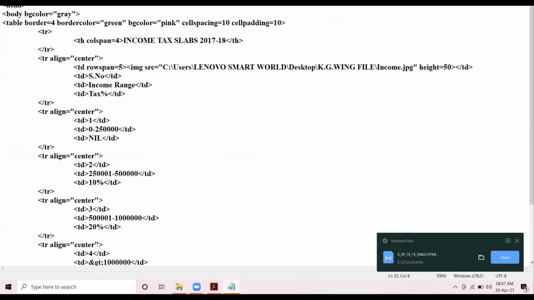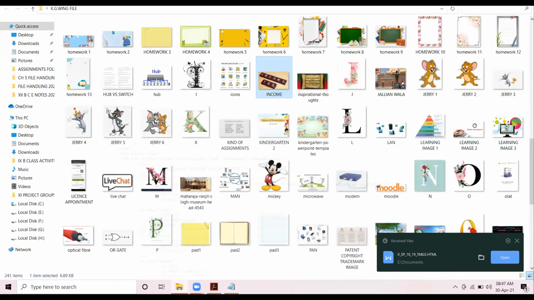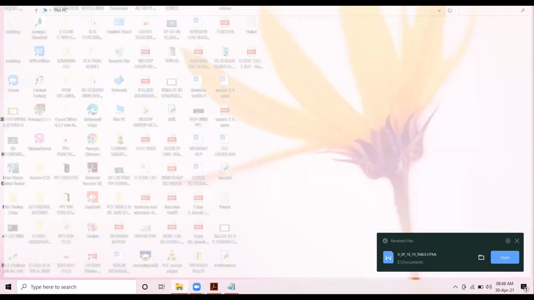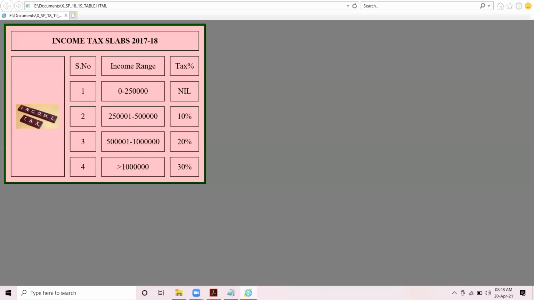So let us see the browser view. I hope the browser view is visible to everyone. See carefully the browser view. All the instructions have been properly followed and the result is in front of you.